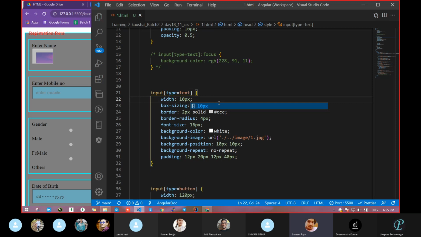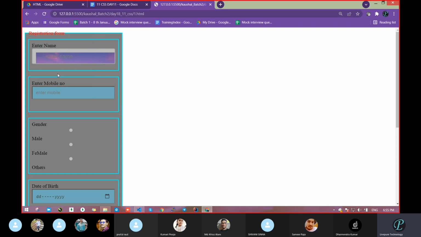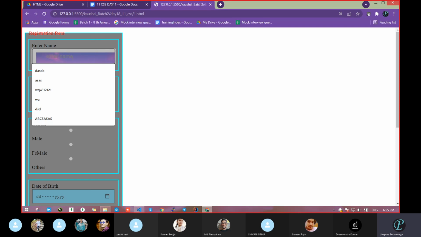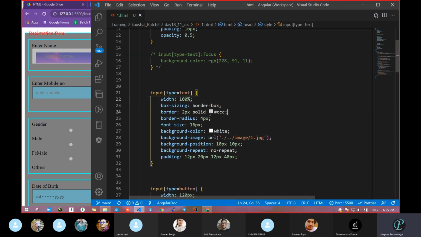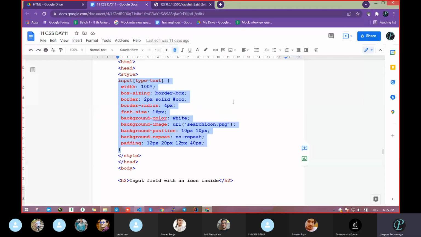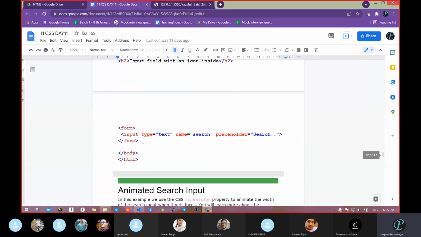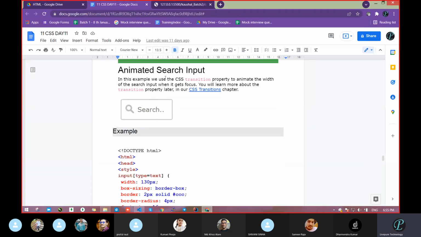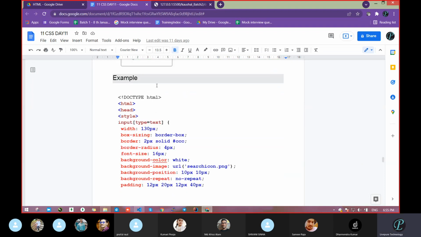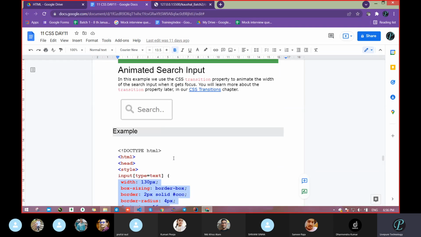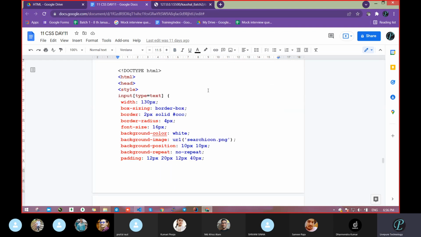Sir, what are you trying, sir? I'm trying to make that image. Actually, the icon is not there. If you take an icon, you can pass this icon in the background, and then you can shift that one. Then you will get that. Means we can add an icon also, this type. A search icon is there like this way. Okay. You can do that by yourself. Then animated search input. Then again, the same thing. You can pass an image, and all these properties we know. We can use all these properties one by one. That's it. So here the CSS transition property is there. This property we will learn more in advanced CSS, not here.